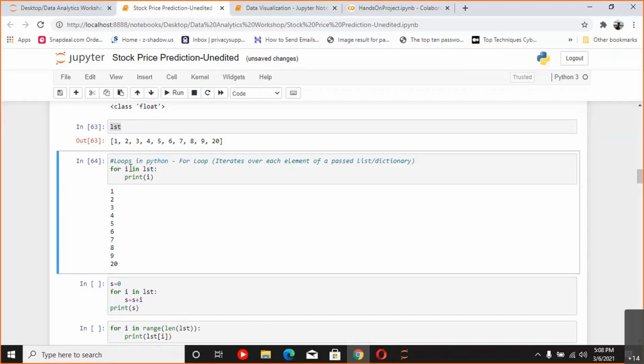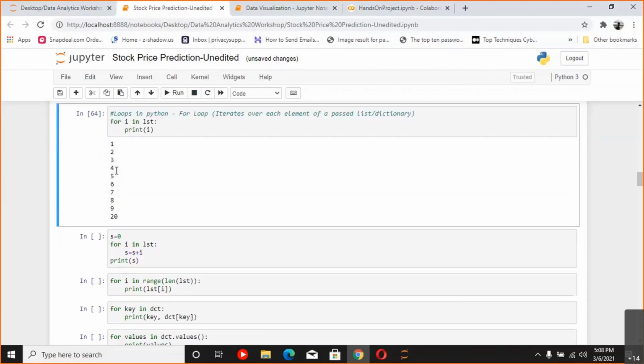Then 5 was stored in i, then 5 was printed, and similarly it went on, and it basically looped itself. It stored some value, printed it, went back up, stored some value, printed it, went back up. That is why this is called a loop. It does the same thing again and again, just by inserting new values in the variable that we have declared it for. So this is how loops work.